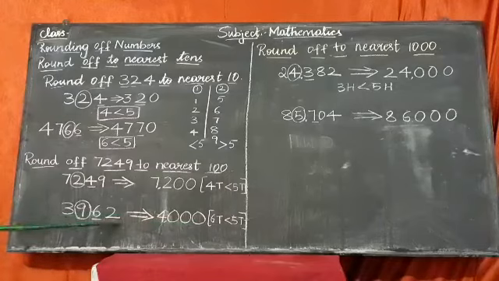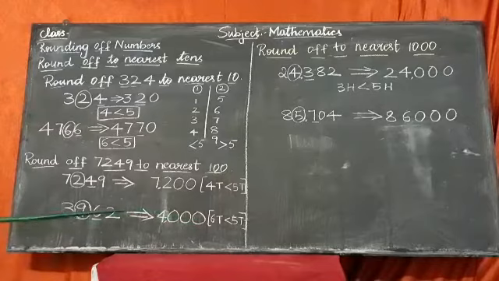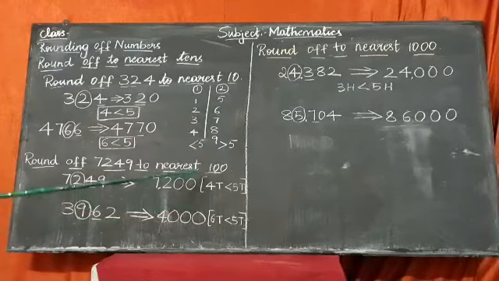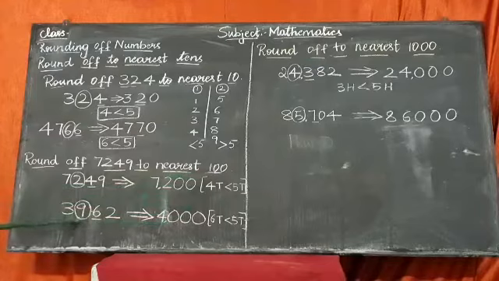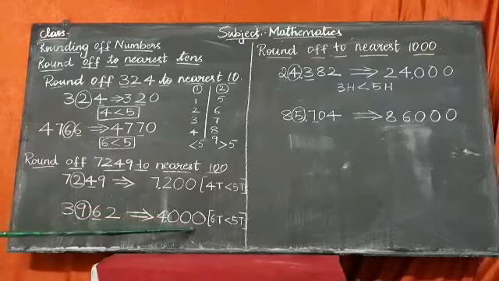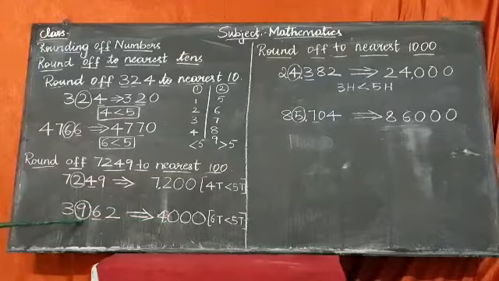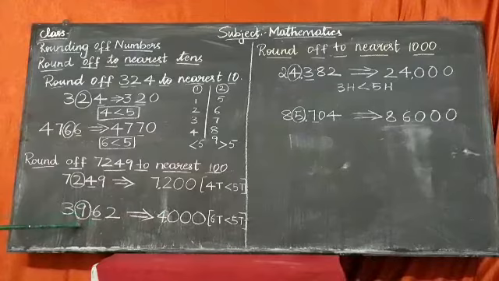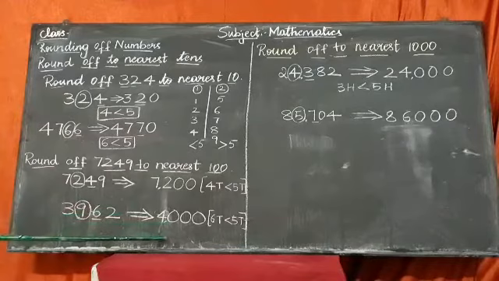Unit place becomes 0. Tens place also becomes 0. We are rounding off to hundreds place. So this 9, after 9 we get 10. So this 9 becomes 0 plus 1. If we add 1 to 9 it becomes 10. So we got here 4,000. Did you get how we got here? After 9 we have 10. So 0, and 1 carry, if I take it, becomes 4,000.